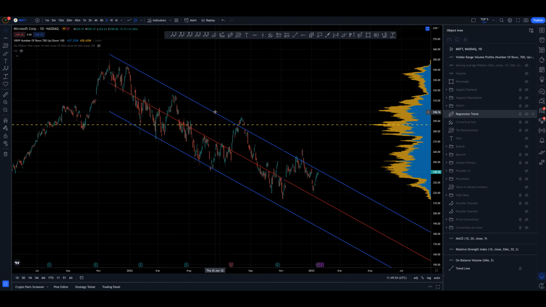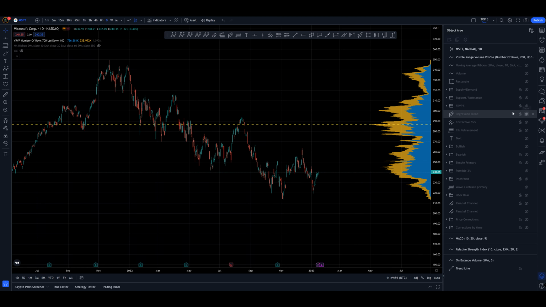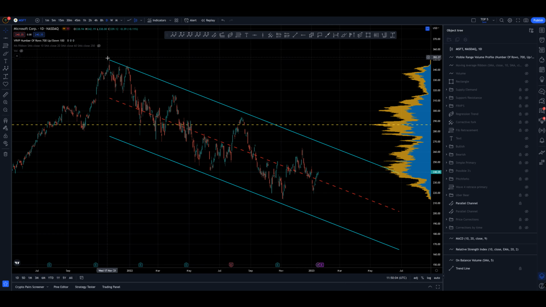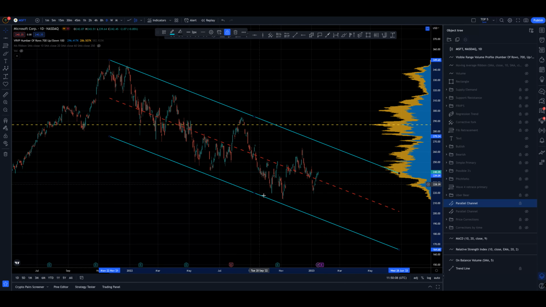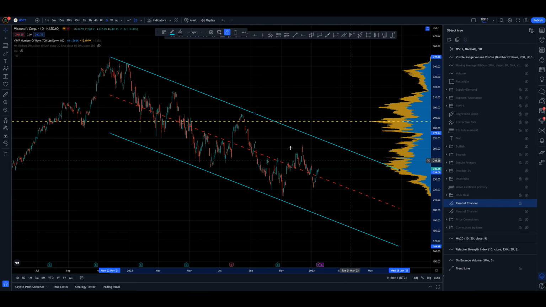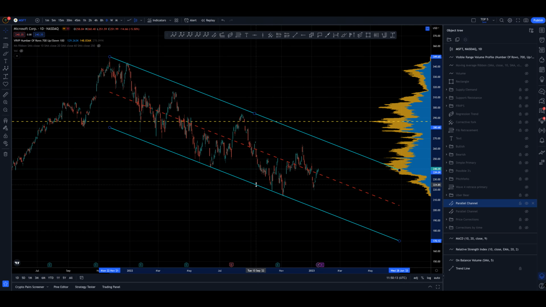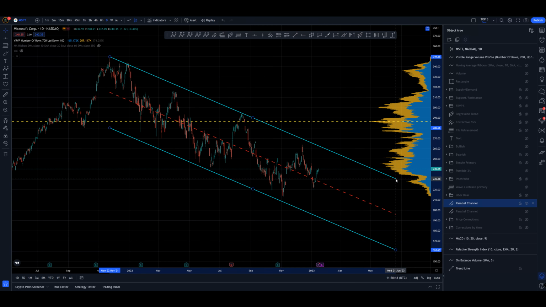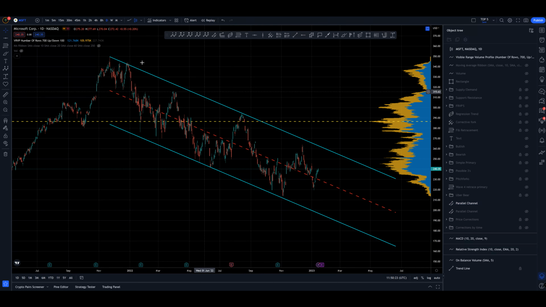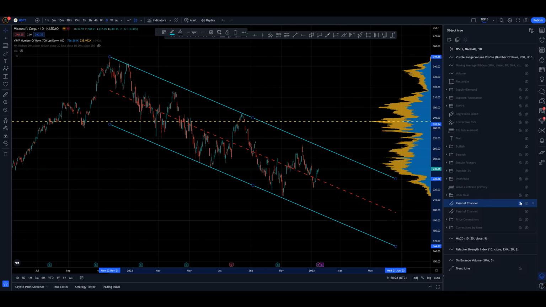And if I want to just look at the overall trend, I'll use a trend line or a parallel channel, and I'll use a pitchfork as well. If we take a parallel channel and go from the high here, and then go to what we consider to be the equivalent A wave or Y wave, depending on whether it's a zigzag or a double zigzag, and then we move the top down to the requisite B wave or X wave, tighten it up like that, then we've got a channel which contains all the current price data